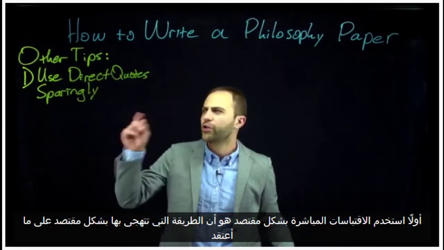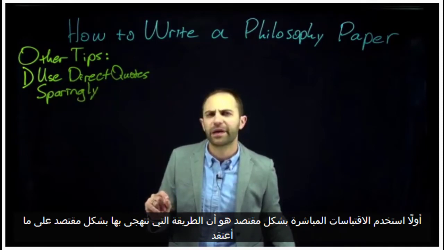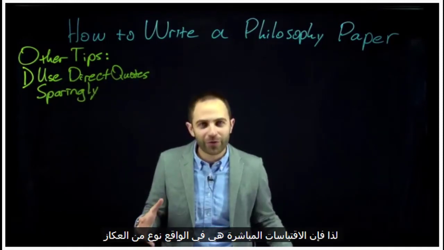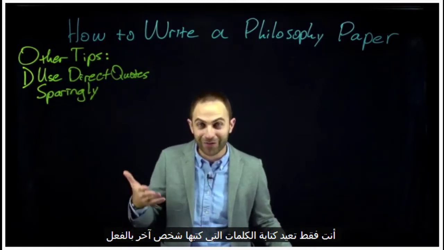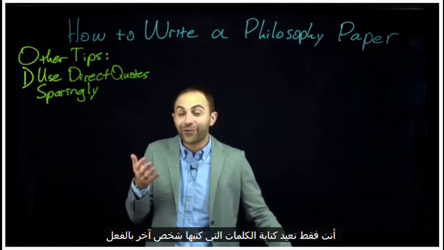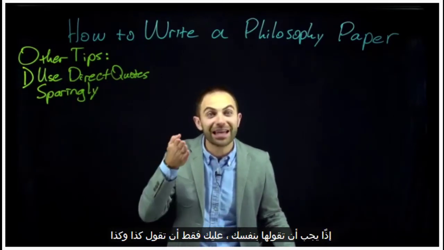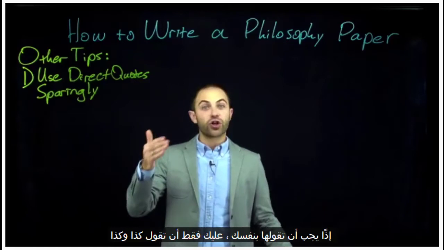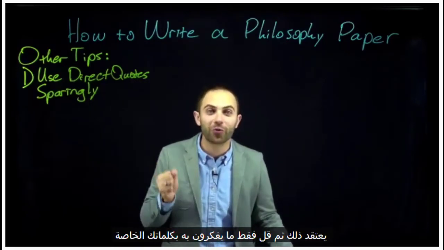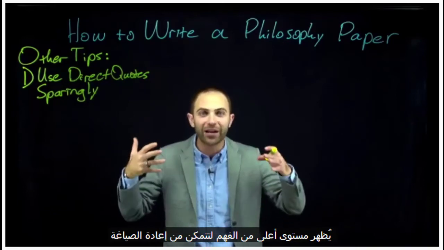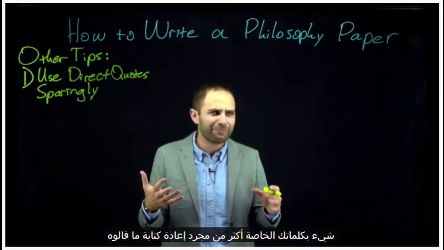Number 1, use direct quotes sparingly. Is that how you spell sparingly? I think so. Direct quotes are actually kind of a crutch. You're just retyping the words that someone else has already written. If you can say what they said more clearly, then you should say it yourself. You should just say, so-and-so thinks that, and then say what they think in your own words. That demonstrates a greater level of understanding to be able to rephrase something in your own words than merely